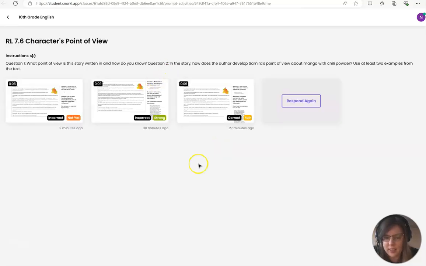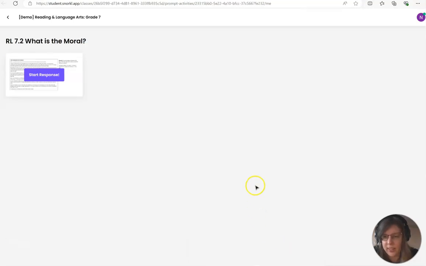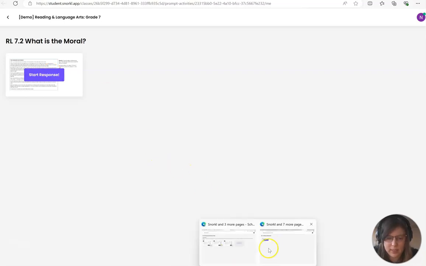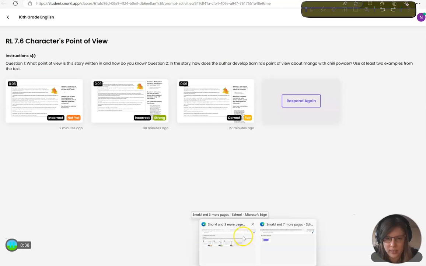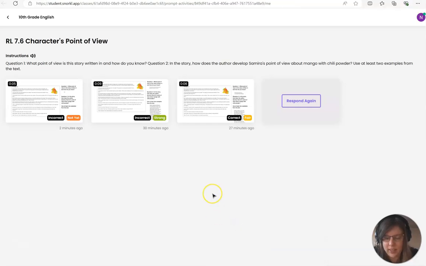And instead of seeing this screen, you're actually going to see something that might look more like this. It'll give you the name of the activity once you go into the class and you click on the one that's there, and then you can hit start response. Okay, so that is a different activity though. We are going to be looking at the one we have here